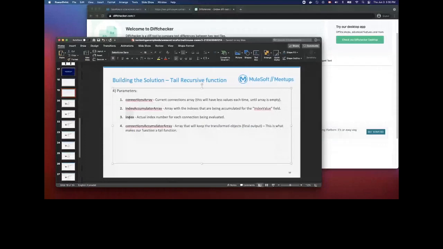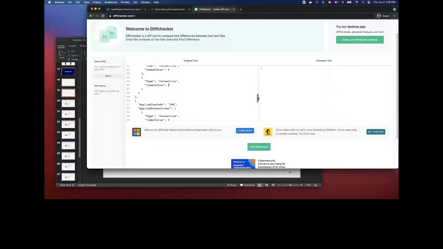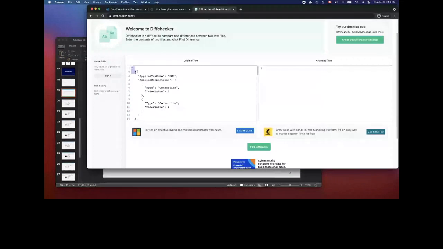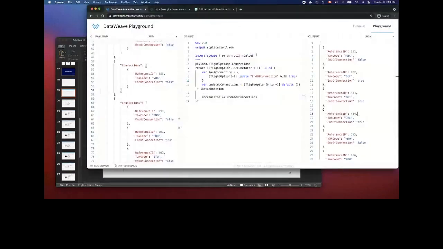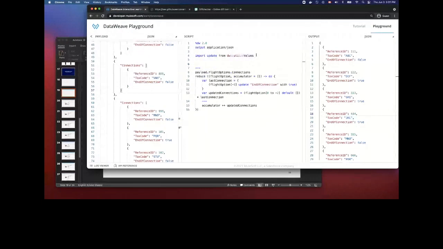Then we will have the actual index. So 1, 2, 3, 4, 5, all the way to 11. This is just a number. And the connections accumulator array. This is the array that we will have at the end. So this whole array will start empty, and then we will start adding objects as we go on, and we need to create the object. So how to do that? Let's create a function,